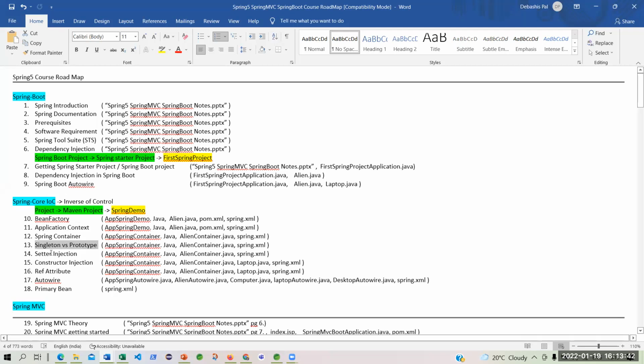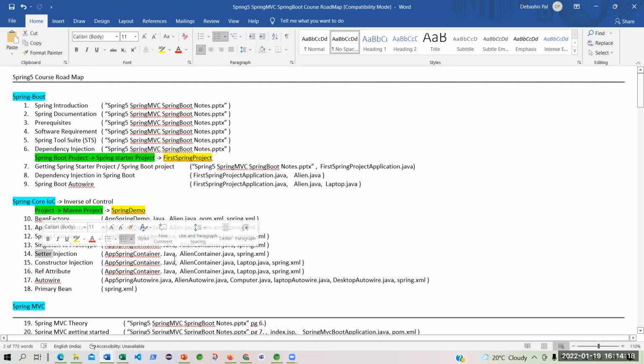Let us today start with the setter injection. This is also a very important thing to understand. Setter, you know the getter and setter of the encapsulated entity bean. Now here I'm going to use the setter injection. It is the IOC, inversion of control. That means we are not controlling the objects ourselves, we are letting the Spring framework do the injections, dependency injection.